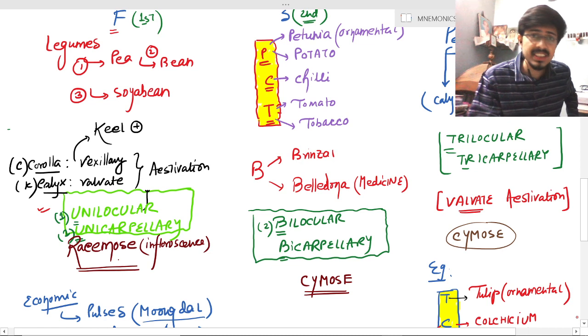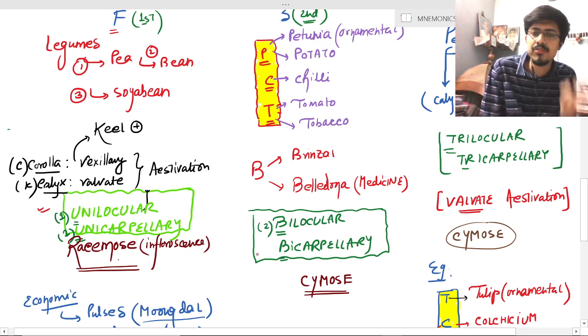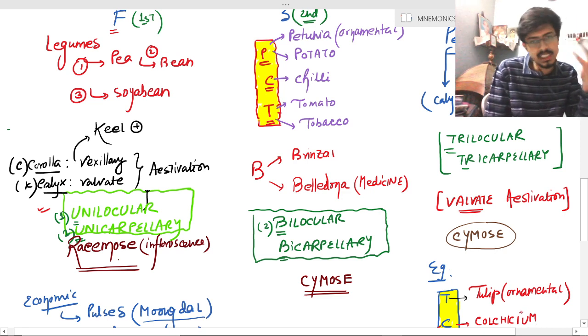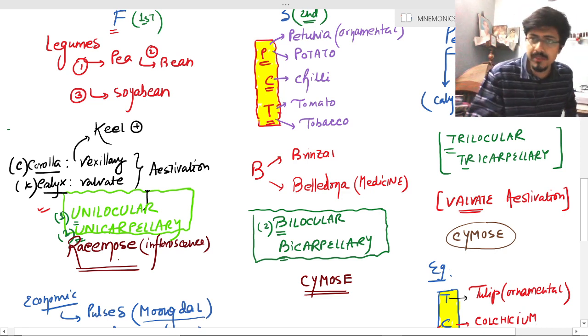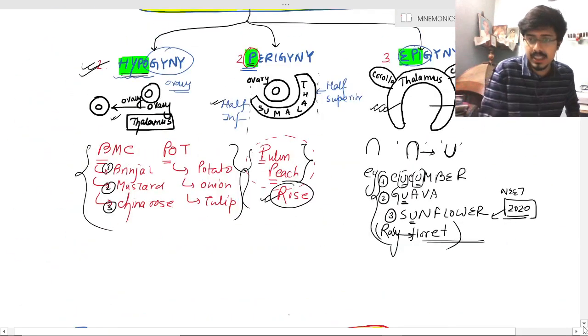And the serial number is two, B, so the ovary will be bilocular and bicarpellary. Simple. So along the serial number you can build up the mnemonic. And this is cymose inflorescence. I have told you earlier that the first one is racemose and the rest two are cymose inflorescence. And the third part is